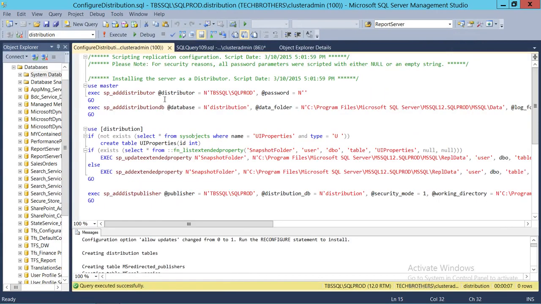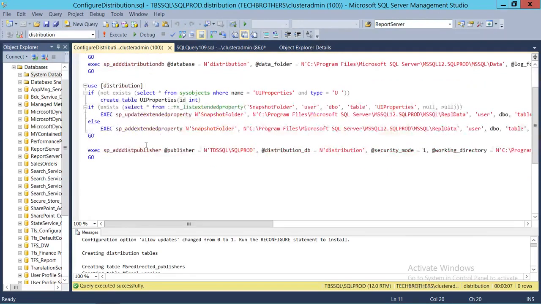So what it does is it adds a distributor, and this is going to be the distributor, and this is going to be the database, and the database log file and data file will be there as we saw in SQL Server Management Studio. If you do not like the name distribution, then you can change the database name. Keep in mind, when you use the script, wherever the distribution database is mentioned, you need to change that to your desired database. It's fairly simple. Right here it creates the snapshot folder, just like we saw in SQL Server Management Studio, and the replication data,